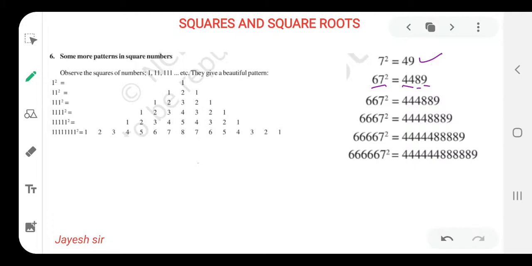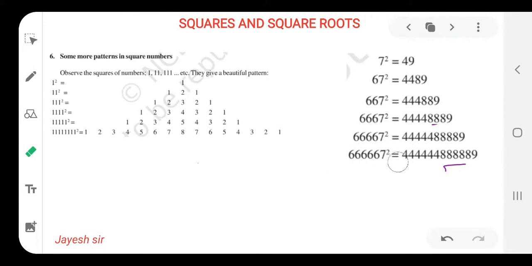We have to count and write the number of 8s as per 6. How many 6s are there? 1 six is there, so we'll write 8 1 time only. If 6 would be 2 times, then we'll write 8 2 times. If 6 is 3 times, then 8 would also be 3 times. Similarly, if 6 is 4 times, then 8 would also be 4 times, and 5 times 6 means 5 times 8. I hope you all might be getting it.